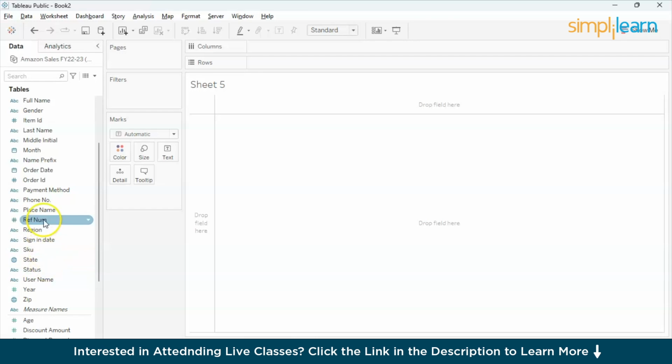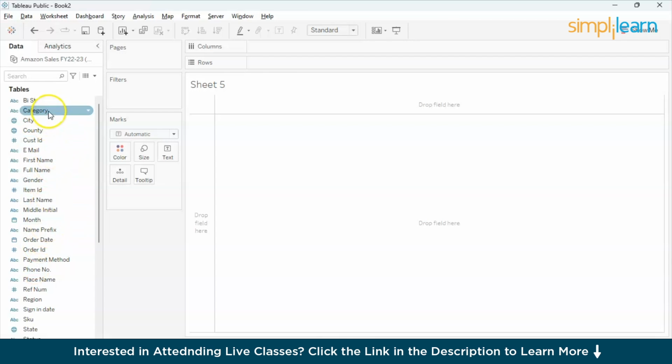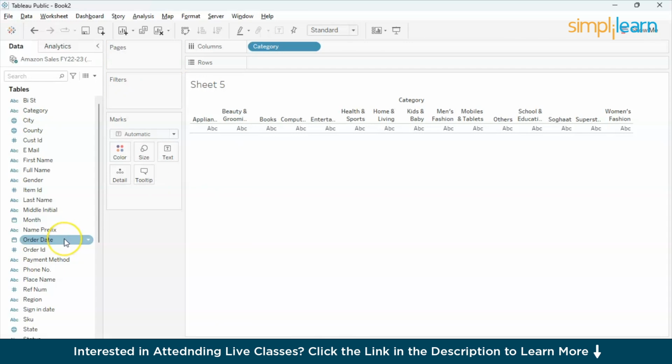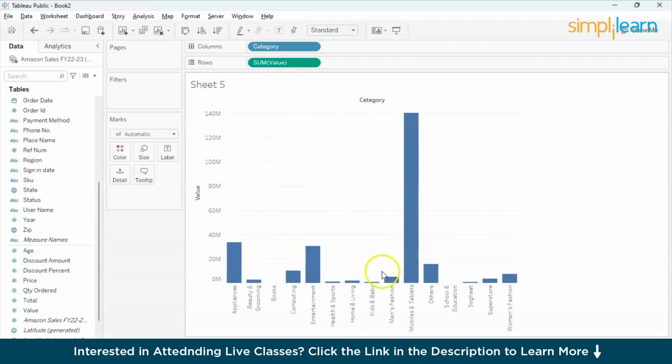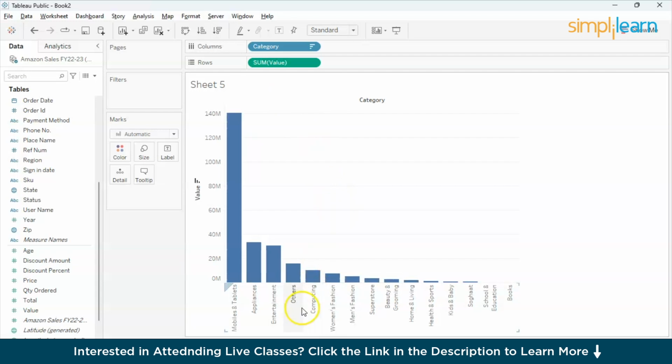Let's see. Okay, before that we have another parameter which was about category, right? We have it in the dimensions here. Let's see which category has the highest sales, or which category has provided the highest revenue. You can identify it. We have mobiles and tablets providing the highest revenue. You can also sort it in descending order, category wise